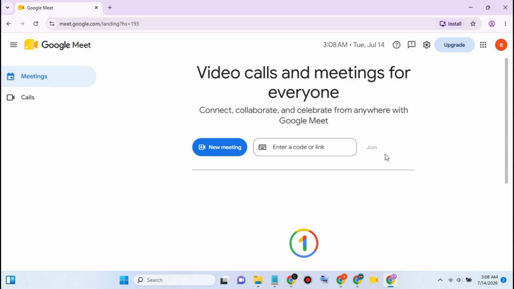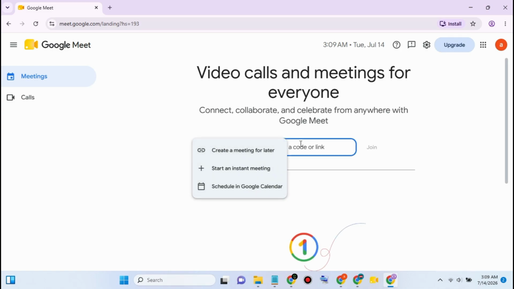Finally, check the profile picture in the upper right corner to confirm you're signed in to the correct Google account. So you're ready to host or join your next Google Meet session, and that's how to sign in to Google